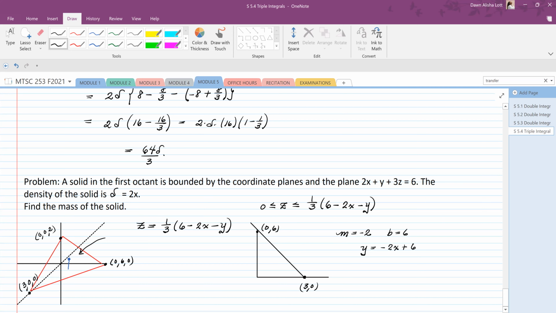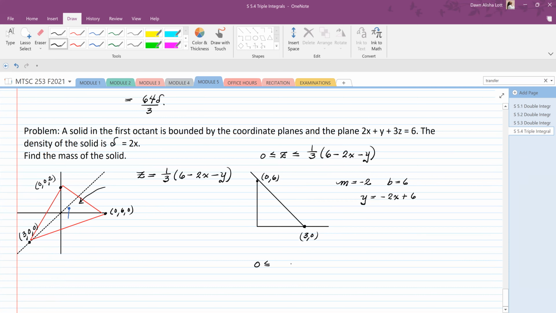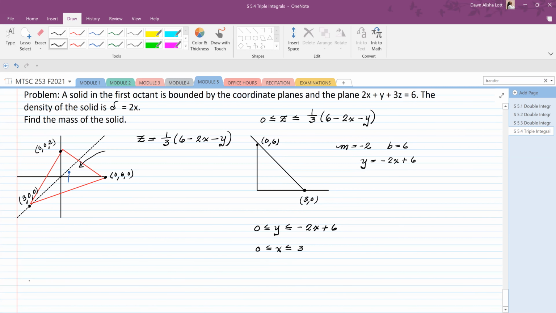So let's see if that works. I think it does. If x is 0, you get 6. If x is 3, you get 0. So this is the equation of the line. So now we get 0 less than or equal to y less than or equal to -2x plus 6, and then x goes between 0 and 3. Okay. So the mass will be the integral from 0 to 3, integral from 0 to -2x plus 6,